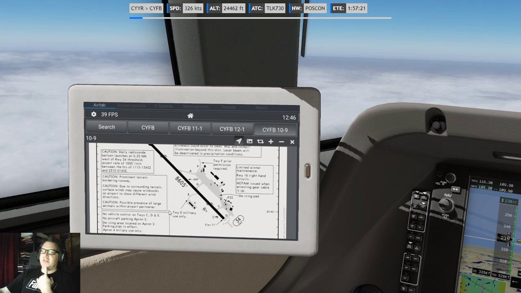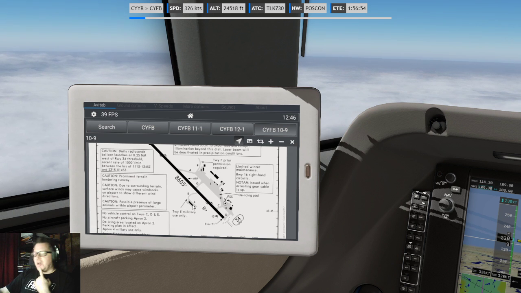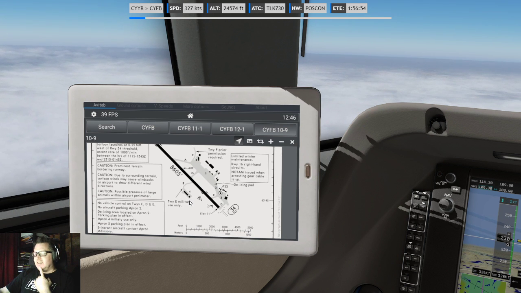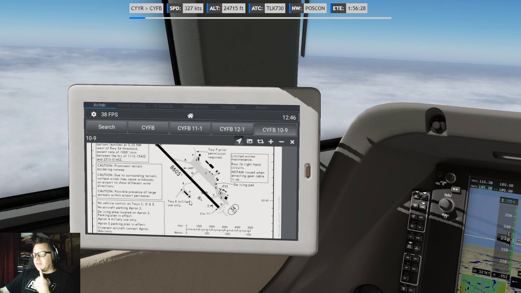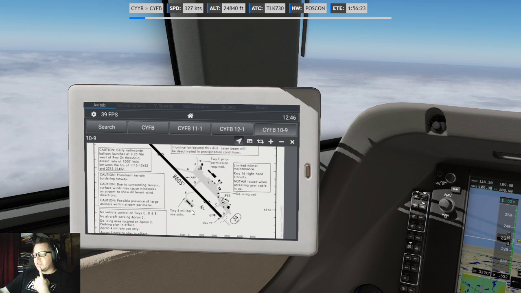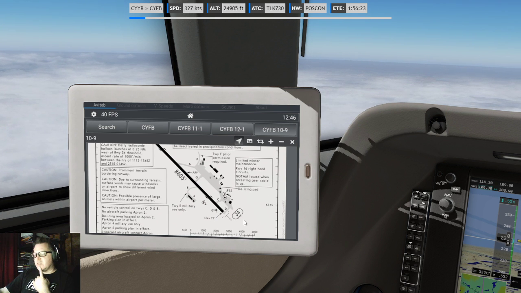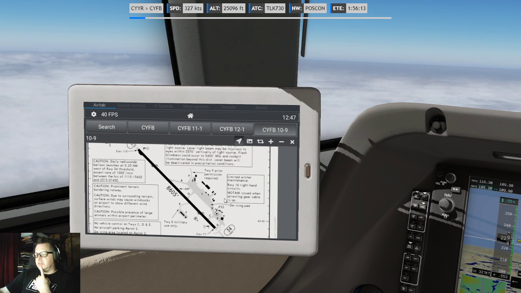There's a windsock. Can't trust it. Amazing. Limited winter maintenance. Runway 16 right-hand circuits, because left-hand circuits will have you go over dangerous stuff. Well, if you crash here, well, there's a town.